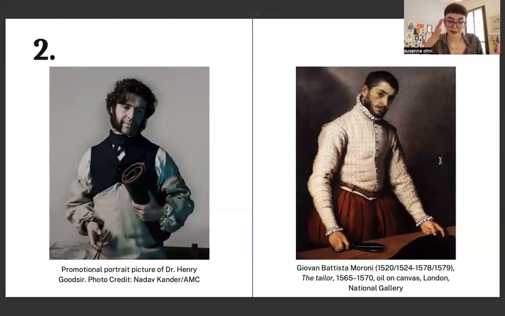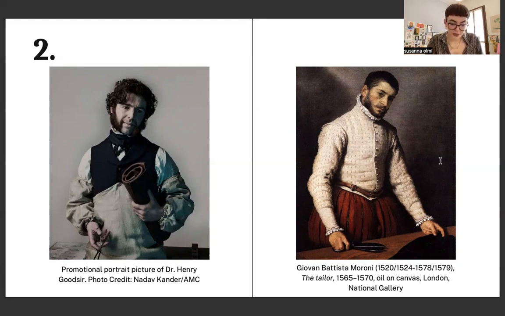For the second comparison, I have another promotional picture from a different series this time, depicting Dr. Henry Goodsir. So he's standing in front of us, portrayed almost fully down to his waist. His pose is relaxed and his spine is slightly arched to the side, and he is looking at something out of frame. The most important thing about this image, as well as the painting by Giovan Battista Moroni that I compare it with,